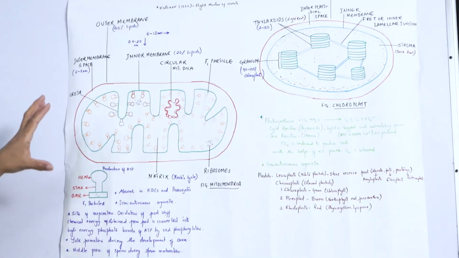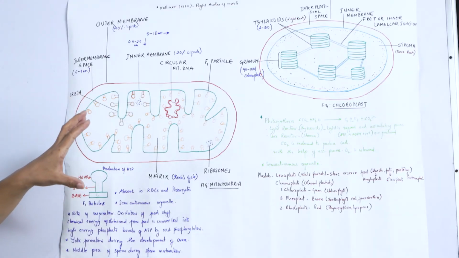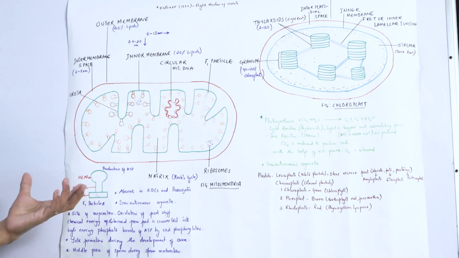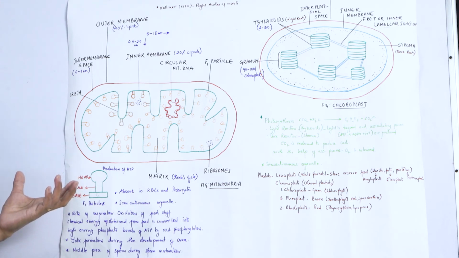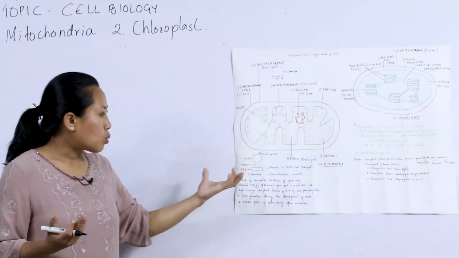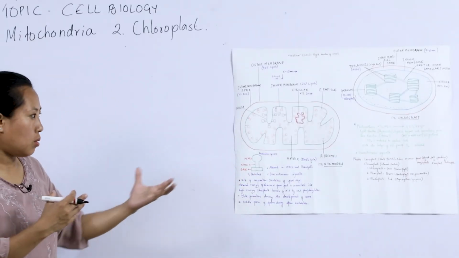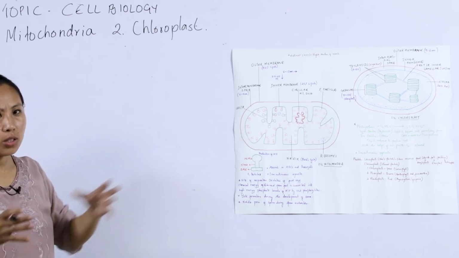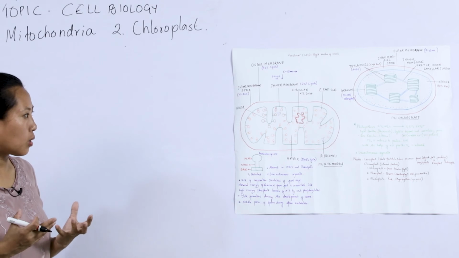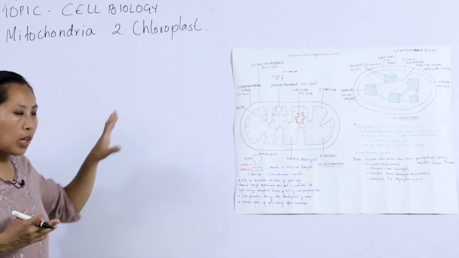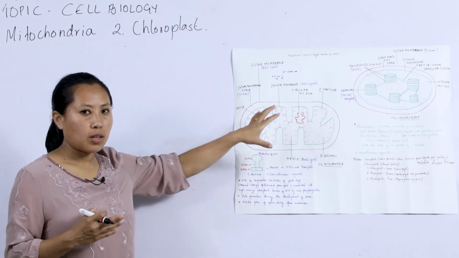The process that takes place in chloroplast is photosynthesis; photosynthesis is the primary function of chloroplast. The other, oxidation of food and production of energy, which is stored in the form of ATP, takes place in the mitochondria. These are the two most important functions. Even though all the cell organelles work in coordination with each other, in-depth knowledge of these two very important organelles will help you in studying physiology.